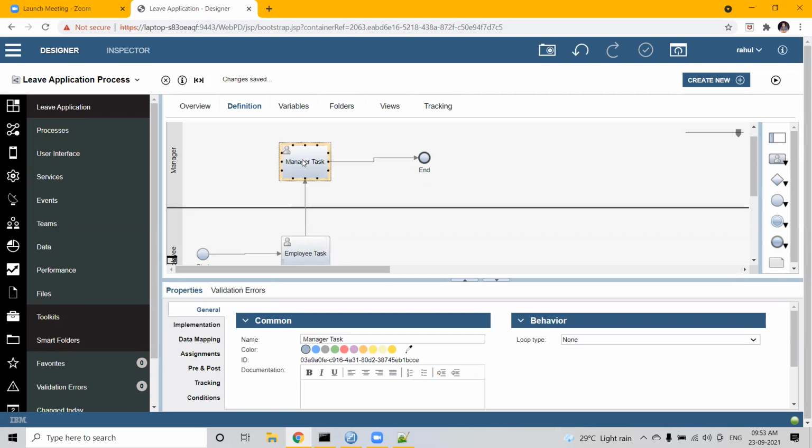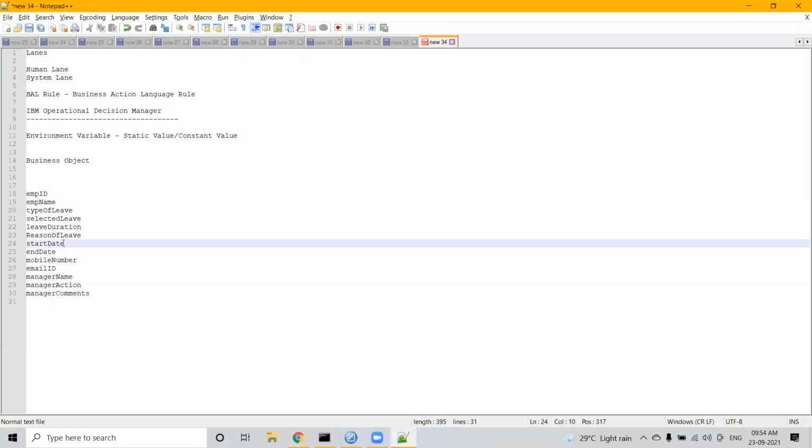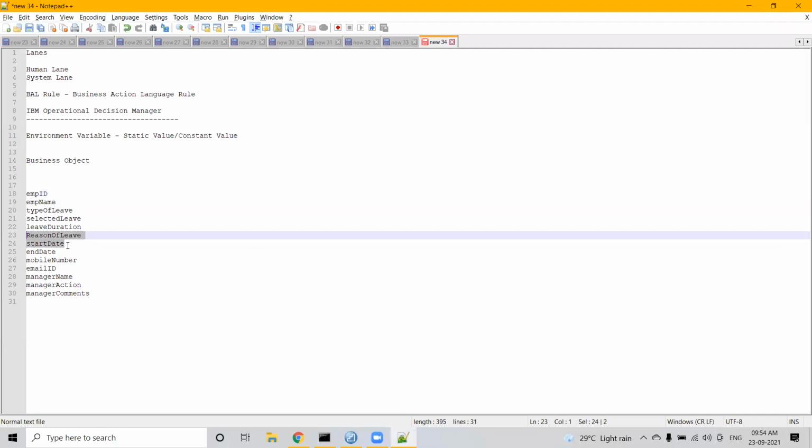Similarly, the manager task will need all the 13 parameters, because I have to show all the information to the manager also in read-only mode, right? So isn't it an overhead? Don't you think a developer might miss some parameter, maybe start date and reason of leave, in some human service, which means your process will not have the entire information? Number one, the manager will not be able to see why he's taking leave, which is the start date, right? So the process design will be faulty, correct? If I miss any of these parameters,